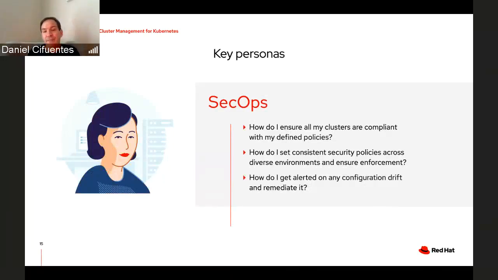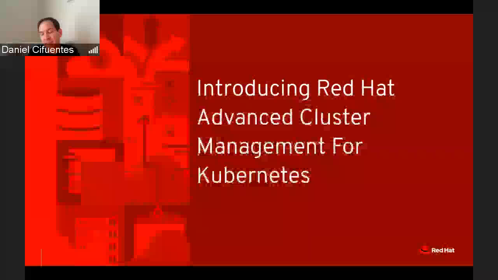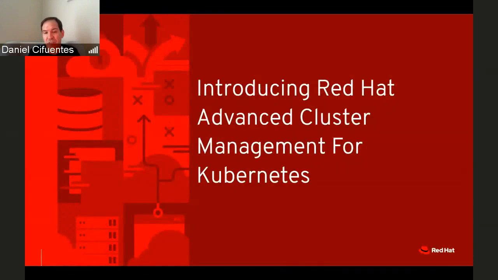And so this is where there's a few players in the industry that are looking at this problem, and obviously Red Hat's looked at that too. And we've come up with our own solution to the problem. Today, I try not to dive at all into the source of what we're releasing. Let's just say that it came from one of the good things that we've seen from the relationship with our new parents from IBM. It's some work that came from IBM and into Red Hat, and Red Hat took the ball, open sourced everything, and turned it into a product. And obviously, that product is what we now call RHACM for short.